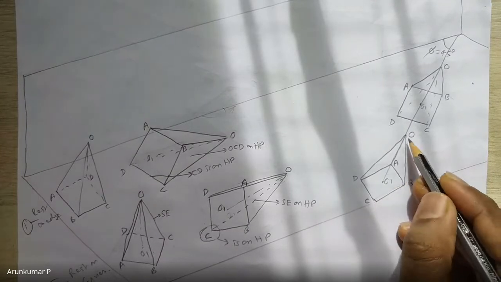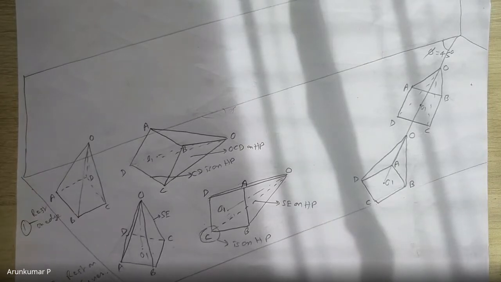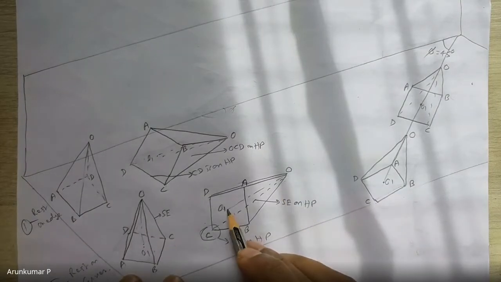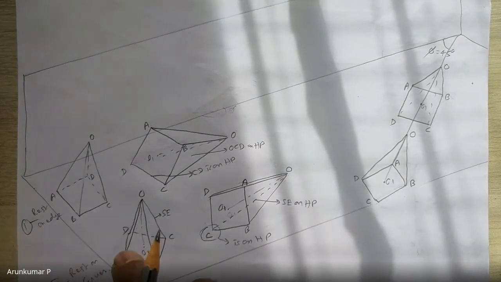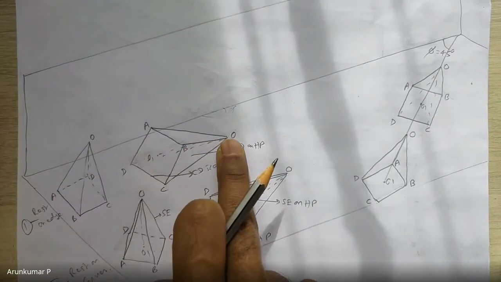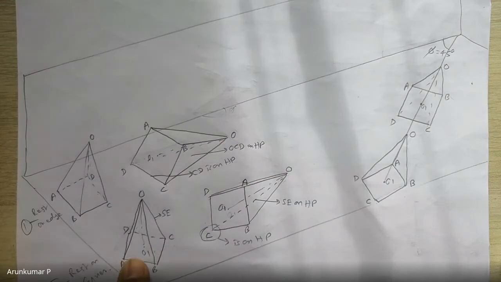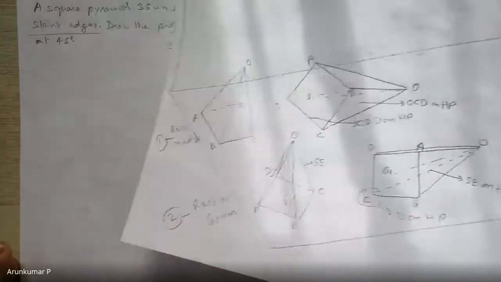Third step, the axis O1 should be inclined to VP. And then we have to see whether it becomes a locus problem or not, depending on the inclination and on whether the axis reduces in length in the second step top view or not. But this is how things would be: resting on edge, triangular face on HP; resting on corner, slant edge on HP. Okay. So with this background, let us start with the 2D solution.